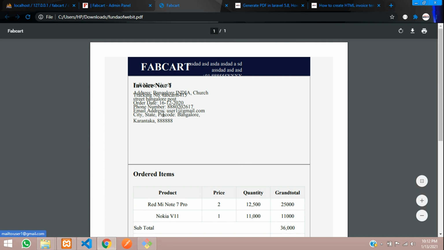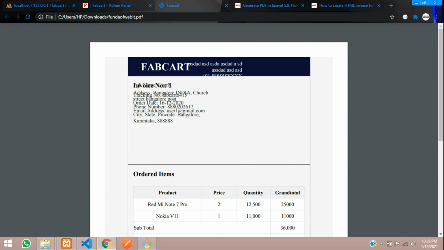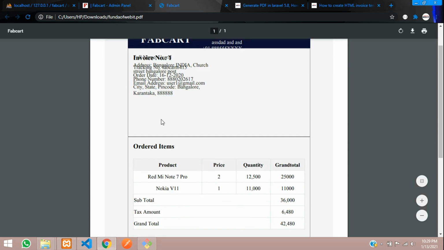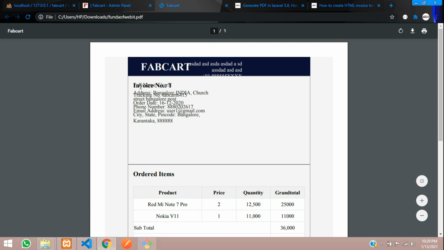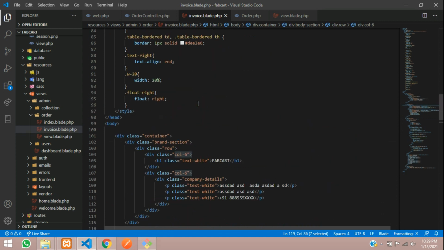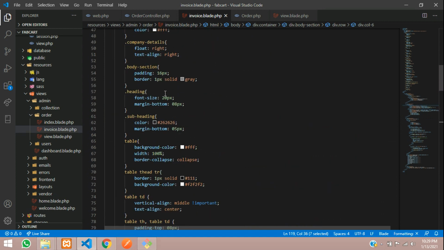So let's solve this. As you can see, 2 columns were there, right? So these are 2 columns. When we were testing, we made them separate columns, but when it came to PDF, it got messed up with that flex and display flex. So let me comment this flex thing and let's test with that. So let's get back, and this was our column which is getting messed up. So I have used this row and column, right? So for this, I have written this CSS, which you can see at the top over here.